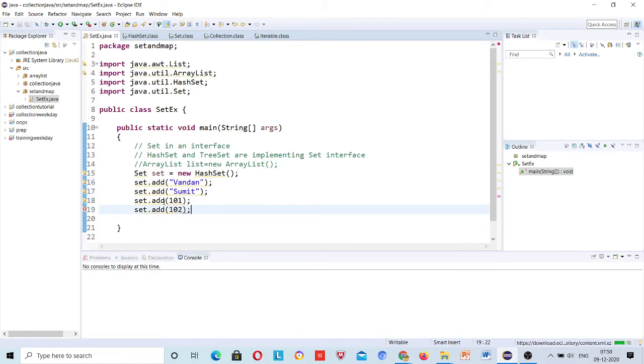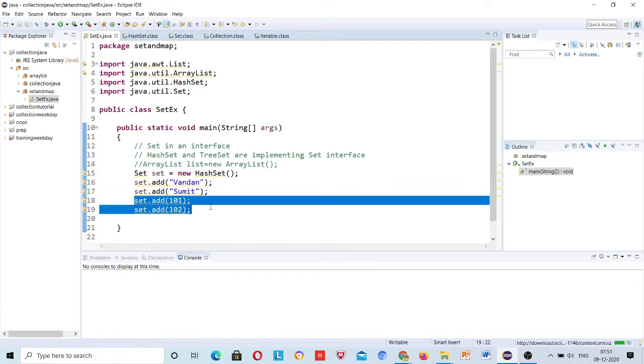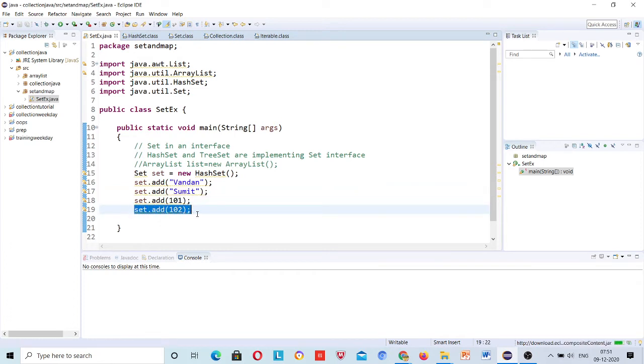See, this is Vandan's name, this is Sumit's name, this is the roll number for Vandan, this is the roll number for Sumit. Okay,